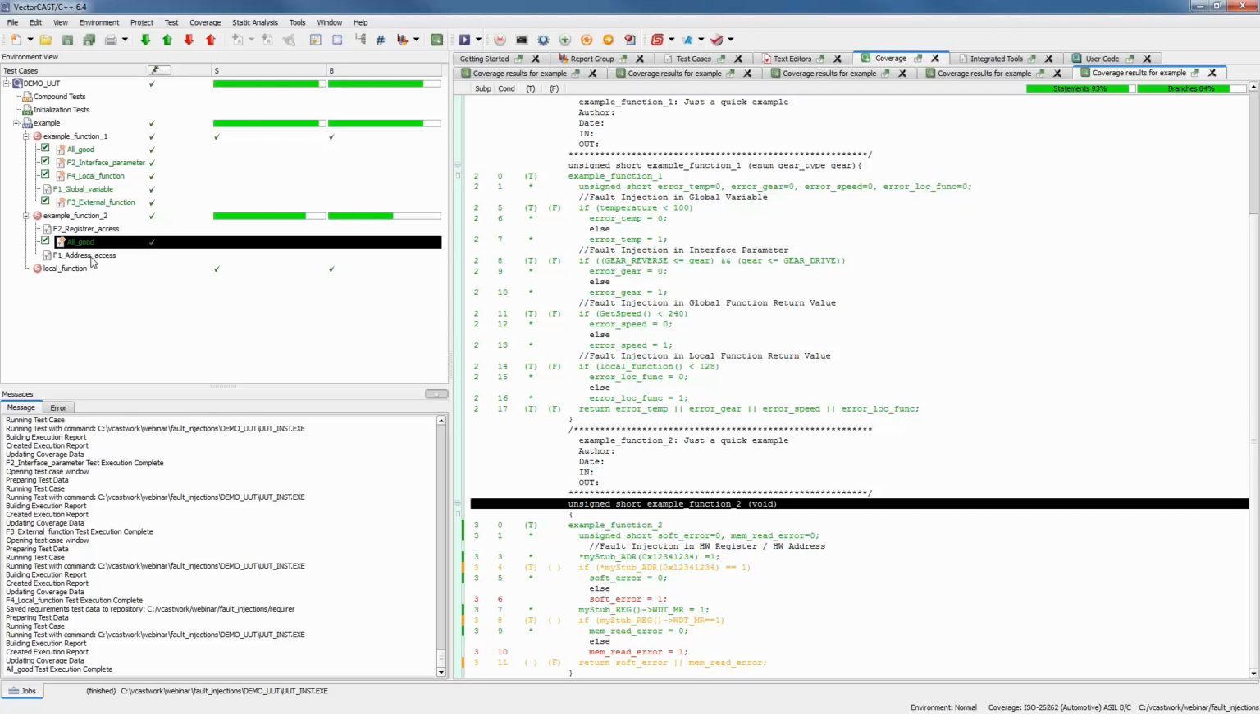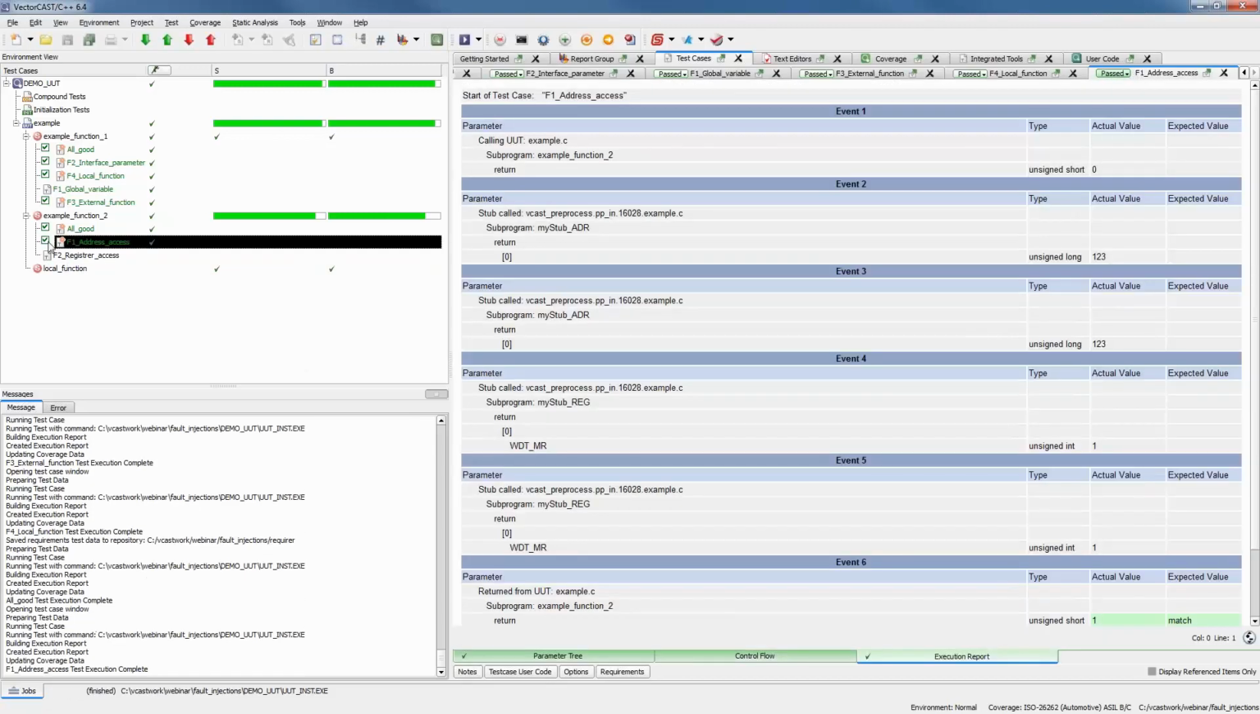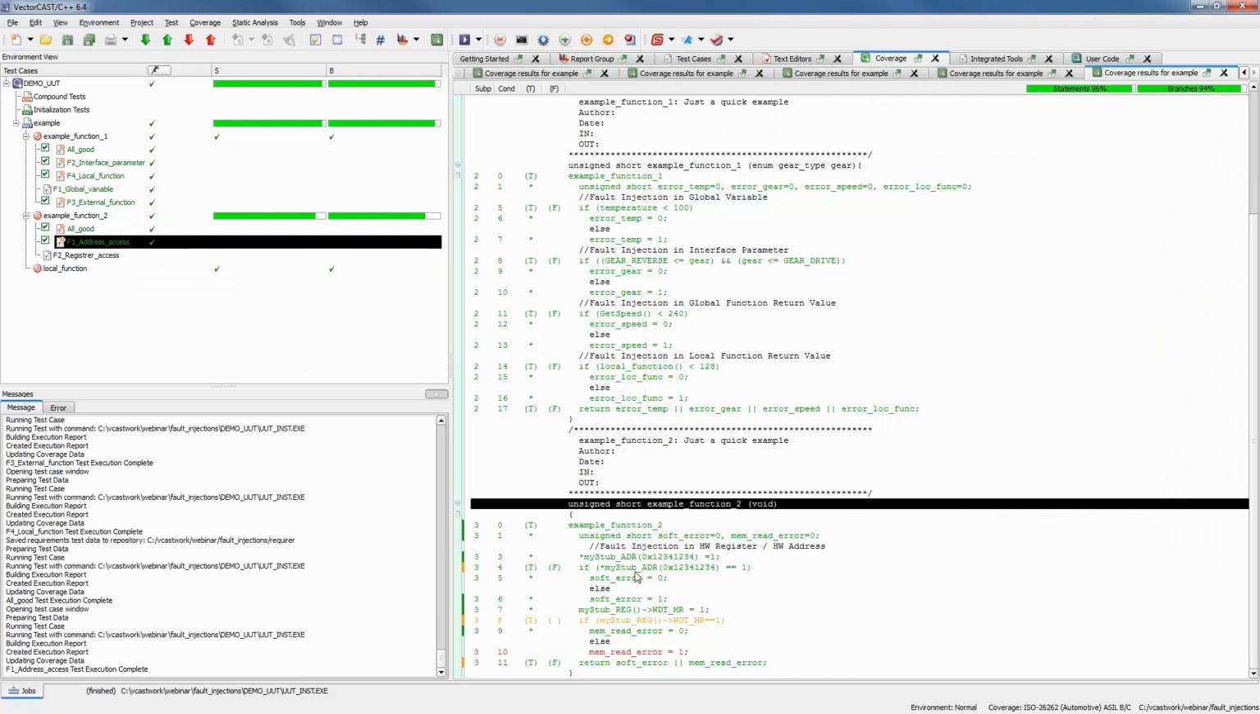So now let's jump to the first fault injection test case, F1 address access. So you see here, instead of returning 1, as I did in the first example, I'm just returning some bizarre random value of 1 to 3. So let me run the test case. Okay, you see that my fault injection worked. I jumped into the soft error branch part, and then I'm still missing, to get 100% coverage, the last